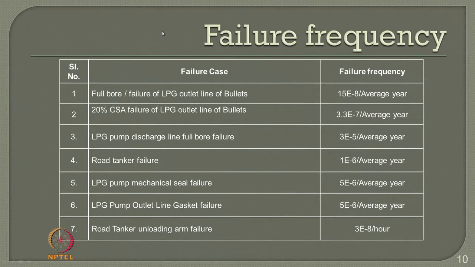my input failure frequency. Alternatively, one can also visit the plant, try to conduct a what-if survey, try to conduct hazard surveys and try to understand what would be the expected failure frequency of these kinds of failure cases if at all the failure occurs in the specific plant location for different Pascal stability classes and different windward directions as given in the literature. So, based on such studies conducted, an example problem was arrived at saying that serial numbers 1 to 7 have respective failure frequencies as I show in the right hand side of the column here, which is one of the important inputs to be given for the software analysis.